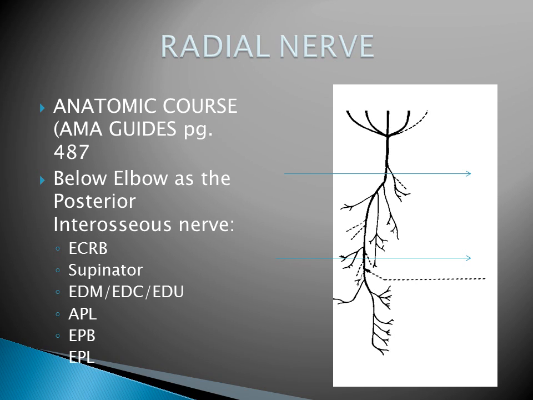And the posterior interosseous nerve is a motor nerve, sending long axons from the ventral horn of the spinal cord, anterior horn cells, and sending off motor branches to the extensor carpi radialis